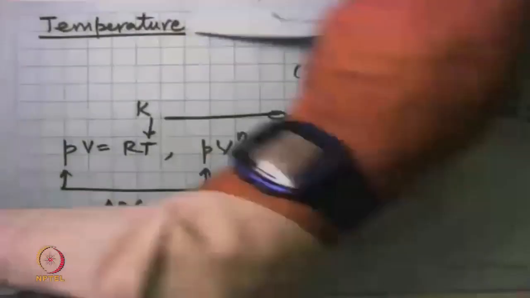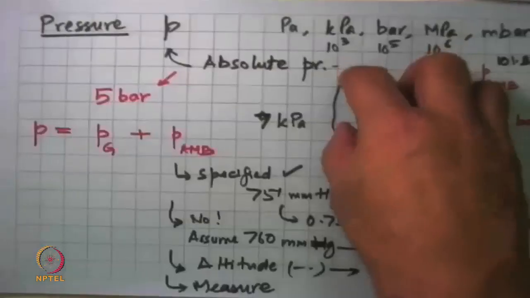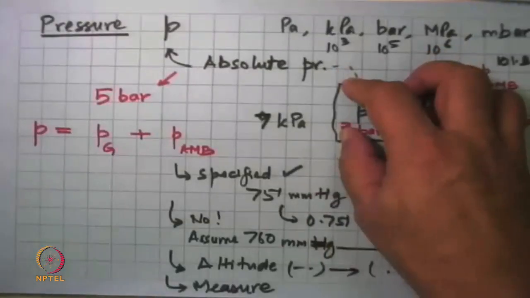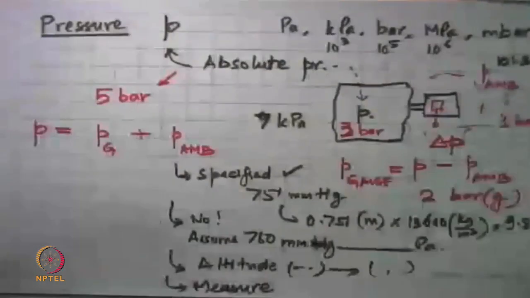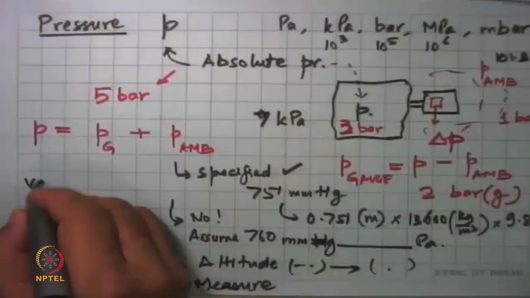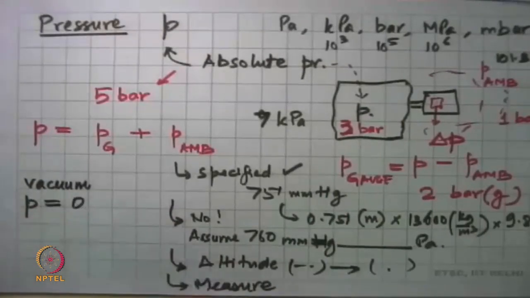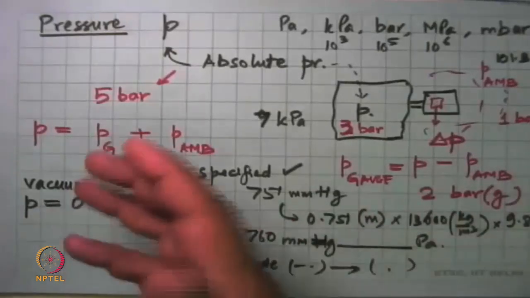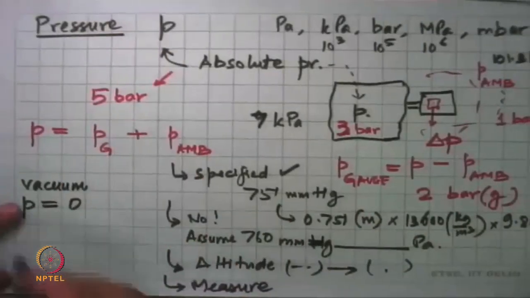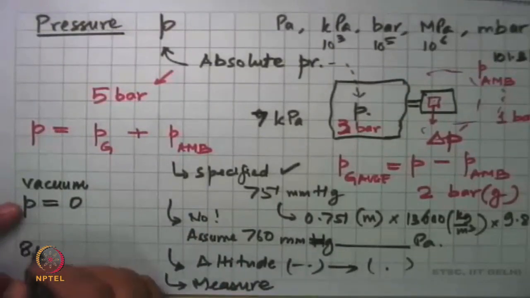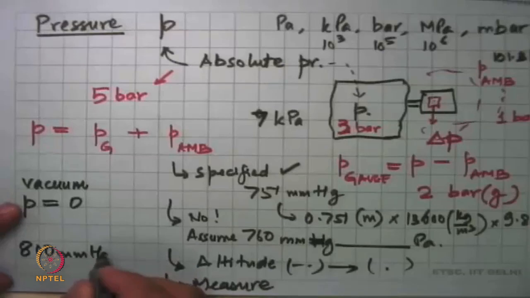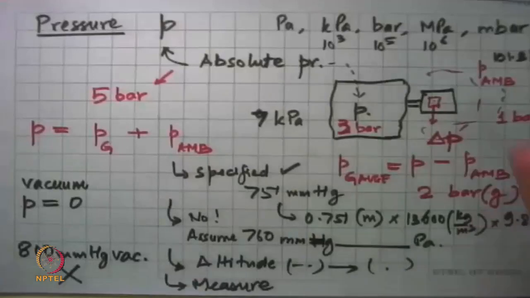Okay, so that is the meaning of absolute zero. And if I take a corollary and look at pressure, we ask, is there something called absolute pressure or pressure zero? Well, if there is nothing in the system, gas or liquid, there is no pressure. So you can say that then there is vacuum. And technically, this means that P is zero. So there can be no pressure like, say, 800 millimeters mercury vacuum. Such a thing doesn't exist. You cannot go below 760 millimeters of mercury.